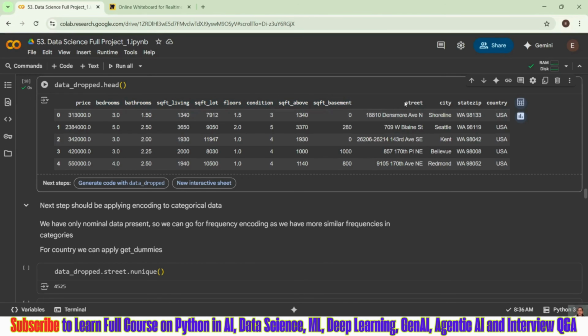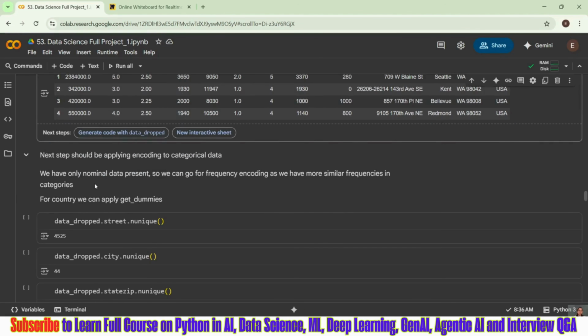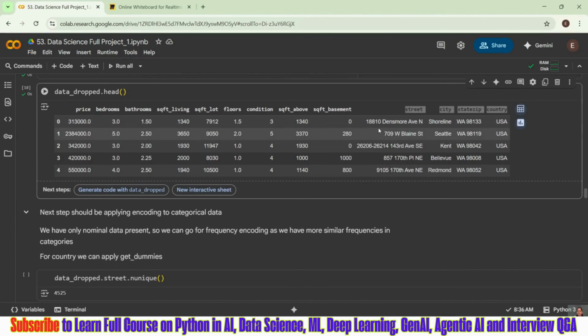But what is the next step? We can perform our encoding techniques. For that, we have to know how many are nominal and how many are ordinal. If you see these 4 columns, are we seeing any ordinal data? We are not. All are nominal data.